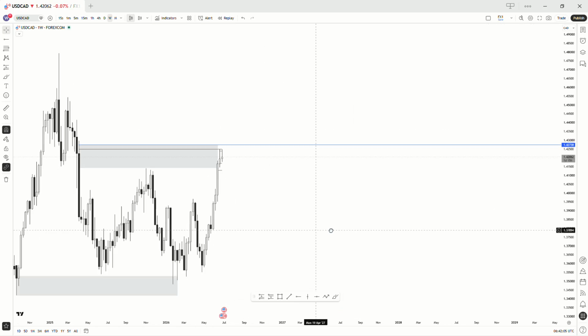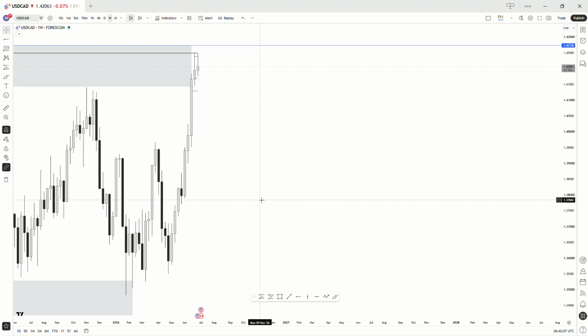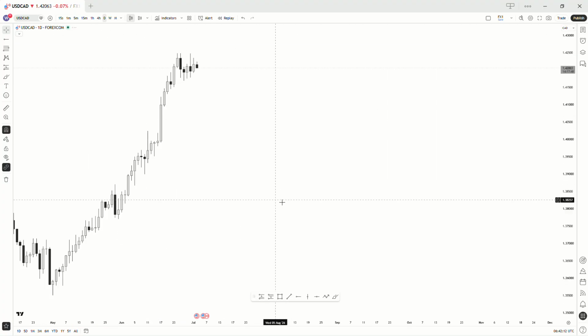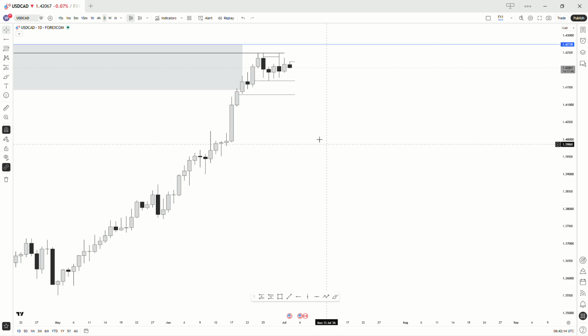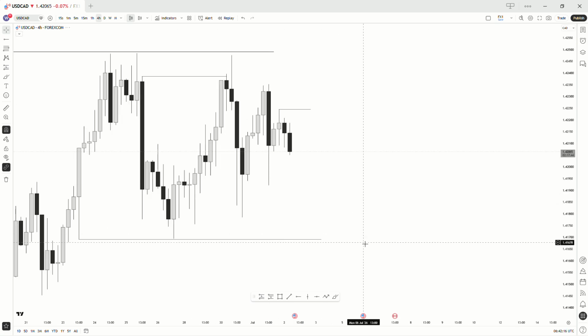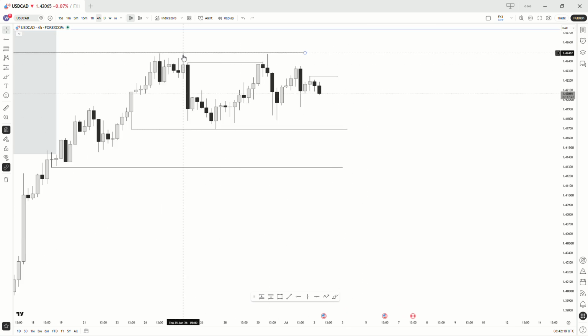When we hop on USDCAD on the weekly time frame, we can see that we are heading towards this high to the left that the price action is respecting. On the 4-hour time frame, we can see from that high, we've seen the sell-off. We've seen price move to the high. We've seen it take out